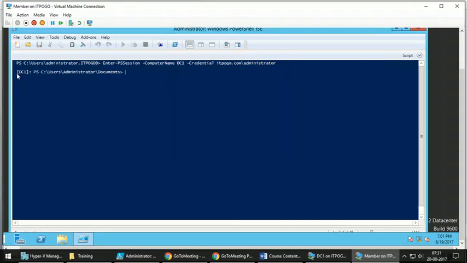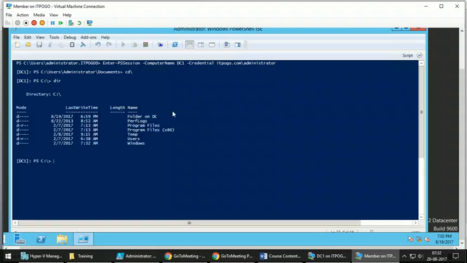if you observe, the command prompt is from the domain controller. This is not your local command prompt. Now here, when I say cd / and dir, this is the folder which we have created on the domain controller.